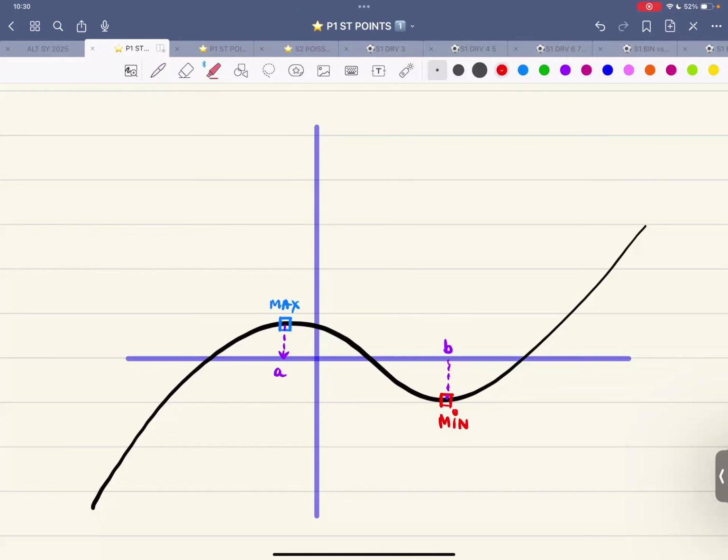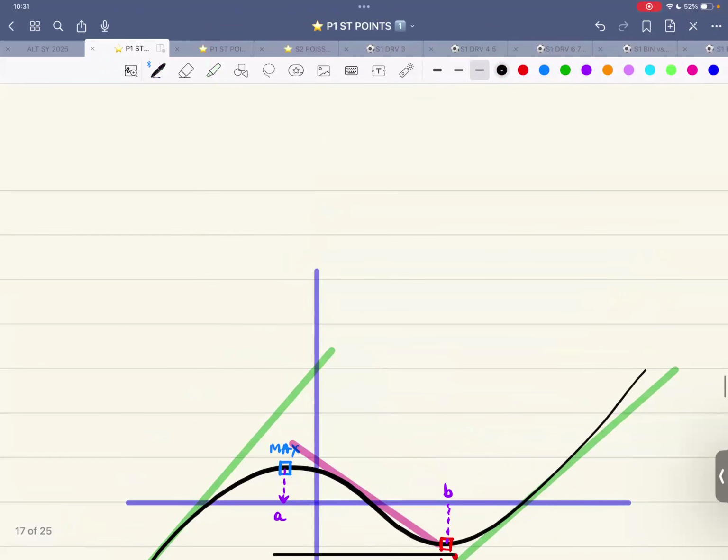If I draw a tangent over here, I have drawn a tangent in green color over here. This tangent has a positive slope. If I draw a tangent in pinkish color, this one has a negative slope. If I draw a tangent over here, this again has a positive slope. So there are 3 prominent regions of the graph. We are talking about a cubic sketch,